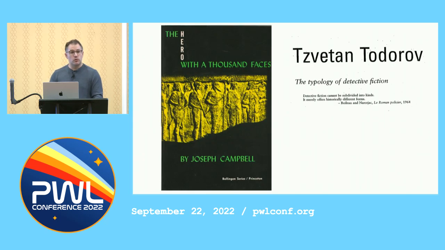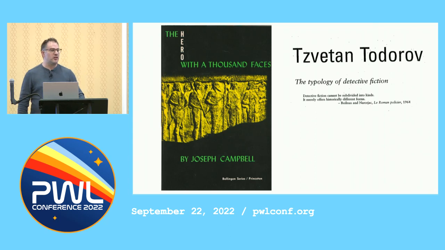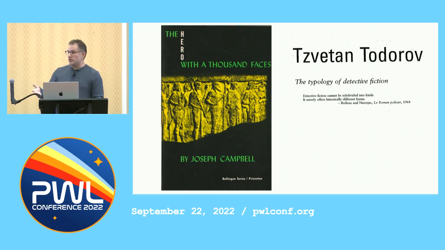I think most of you are familiar with the hero's journey, right? This very archetypal generative grammar, basically, for this particular plot that shows up over and over again because it has this mythopoetic resonance within the human mind. And this is a structuralist text, maybe one of the best known. But there are also slightly smaller-bore attempts. One that I like is by this guy Todorov, who wrote the typology of detective fiction.